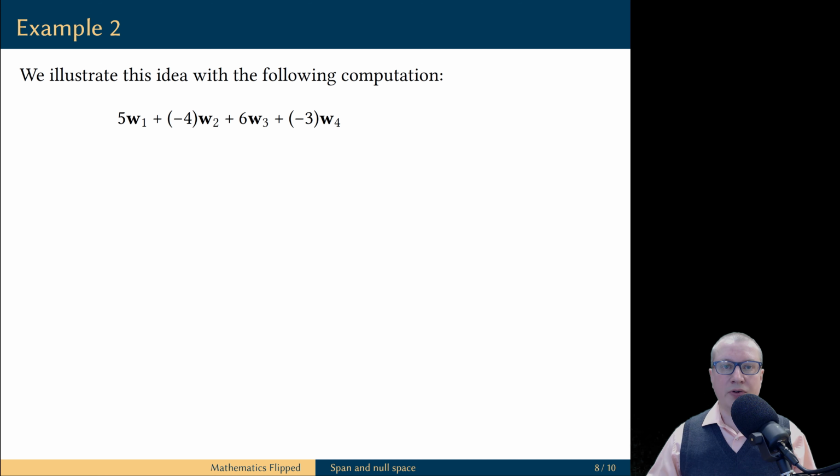Let's take an arbitrary linear combination of the vectors W1 through W4. I just took some random scalars in this linear combination. This linear combination is equal to the following expression, and this is because we can replace the vector W4 with the corresponding linear combination of the vectors W1 and W2. But now this long expression can be written as a linear combination of vectors W1, W2, and W3. Let me show you why.